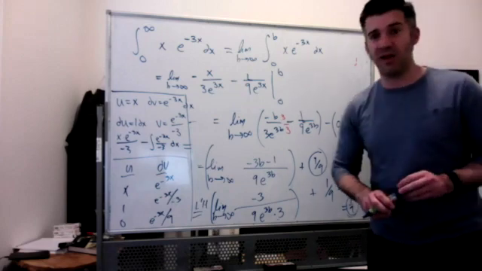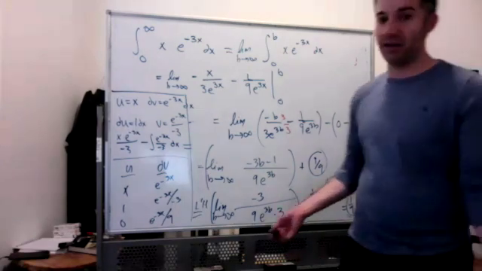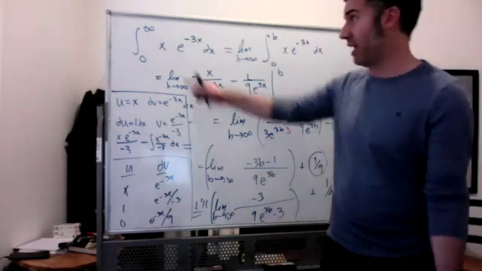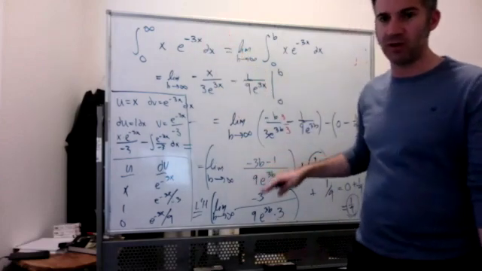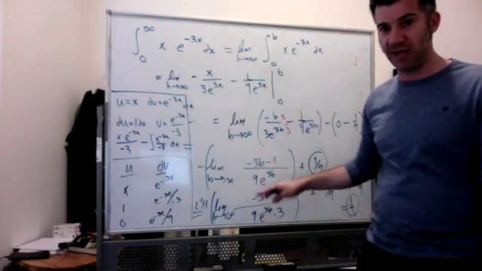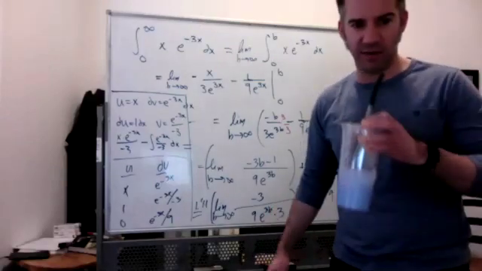And this L'Hopital's rule thing comes up a lot. Whenever you're doing an improper integral and you've got an x times an e to the x or something of that nature, you're pretty much always guaranteed to have a L'Hopital at the end here. Yeah, I know it's nobody's favorite thing ever, but